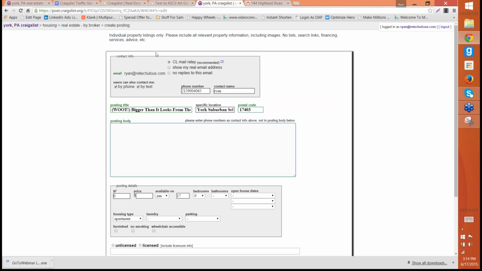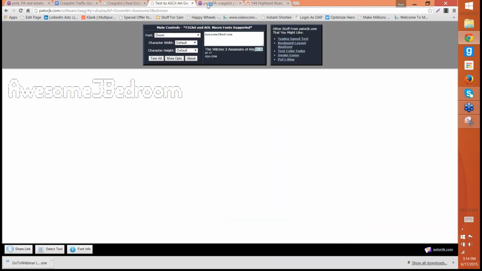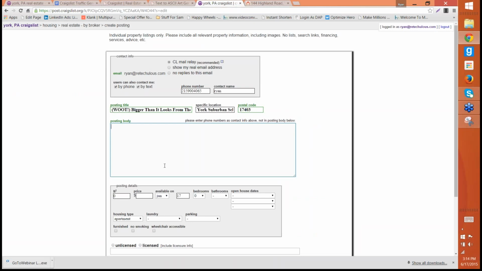Okay, now for the body, and this is where we were in our document here. I'd like to keep the body short so that it induces curiosity. We want to bore people and have them reading for 3 hours all about it. We want them to do that on our website, hopefully, or do it via replying to the ad, so that we can get the lead and get the conversation, get the traffic. So we're not going to give everything here. We're going to give a nice little summary. So a nice little summary in this case might be